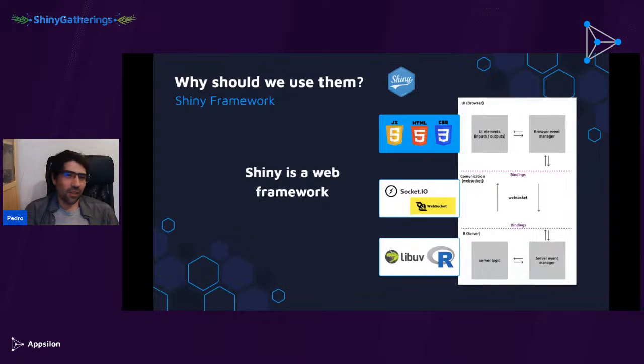But I like to think of Shiny as having these three main areas: the browser, where users can actually see the application, the communication between the browser and the server, and the server itself, which we think of as R, but there's actually a lot more that goes into just serving the page, actually making sure that all the different dependencies are available.